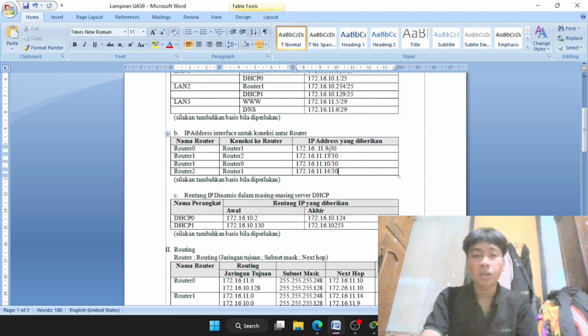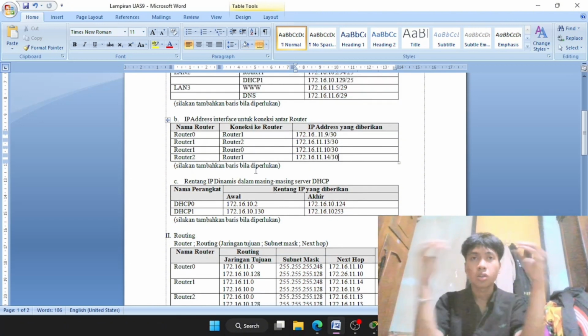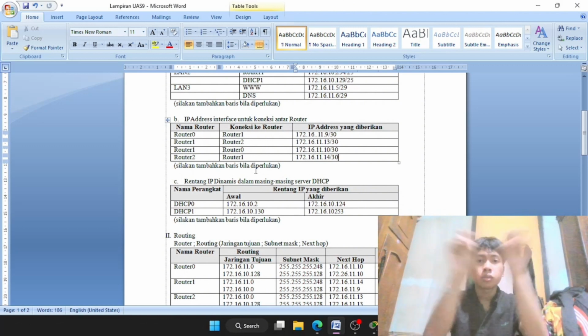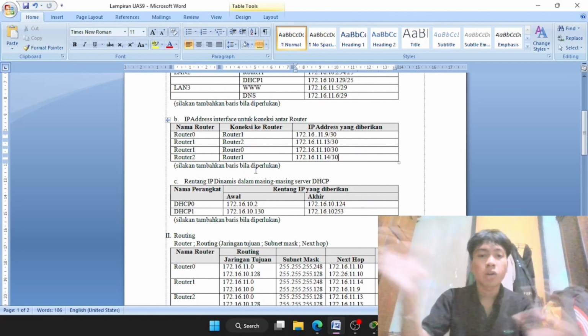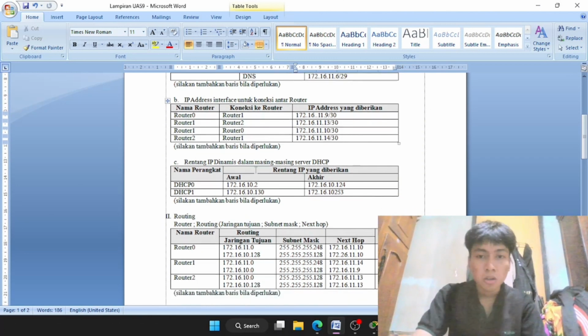I separate this so that each router has a /30 IP, to make sure the two routers are connected and the other interfaces can connect also, because there are only 2 hosts.